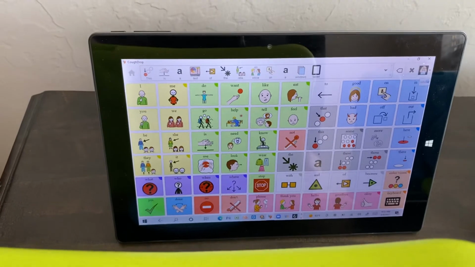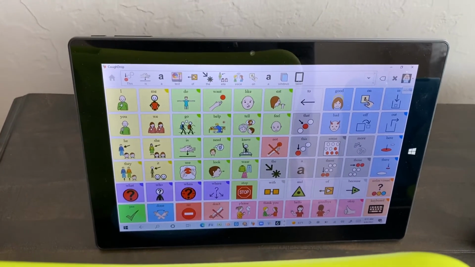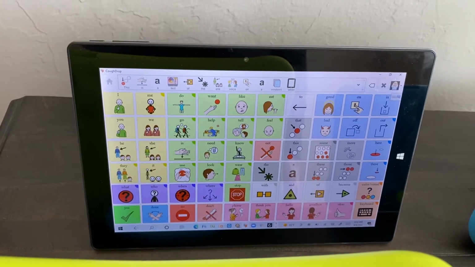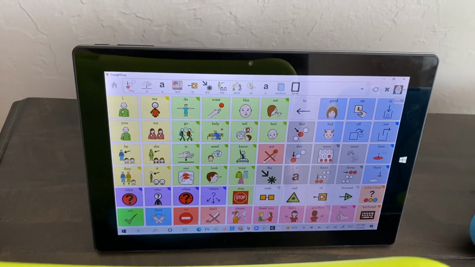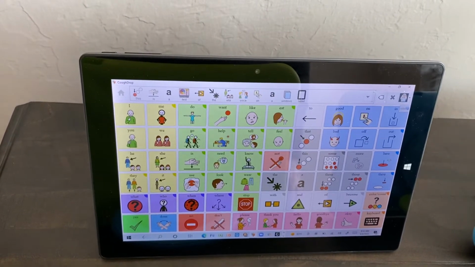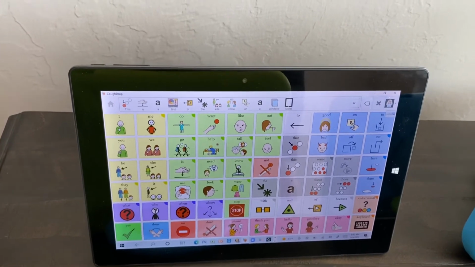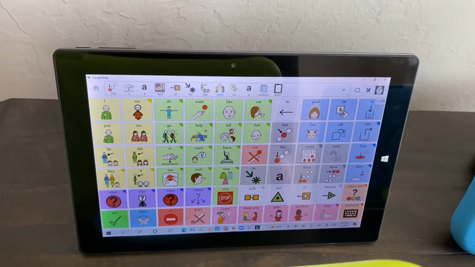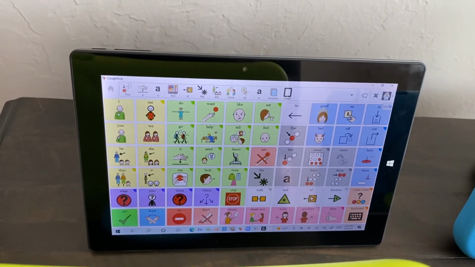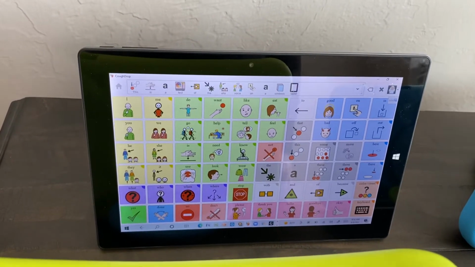Windows, I primarily bought this as a replacement for my laptop, which is aging and almost non-functional. And I needed something in order to run my Boardmaker CD. So I bought an external CD drive, but I'd always wanted to try out a Windows tablet. So this one's kind of one where you can add a keyboard to it and it becomes a laptop, and it can also be used as a tablet. The issue with this is,